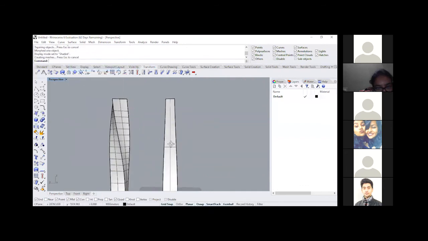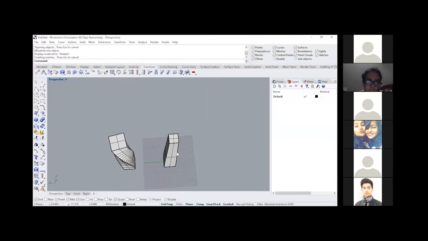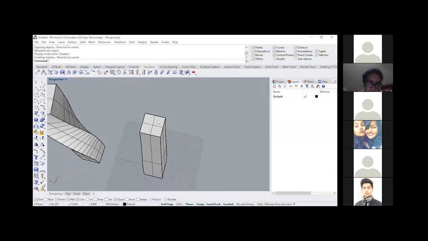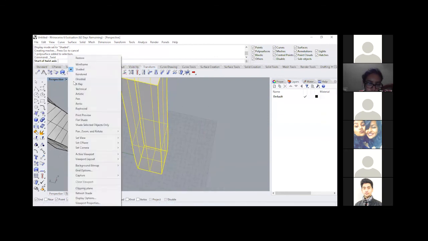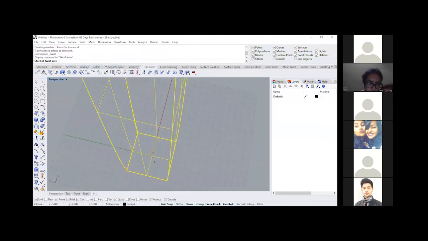Right? Can you see that? And what I can do is again take this and twist it. You get it? So first I tapered it down, and then I can twist